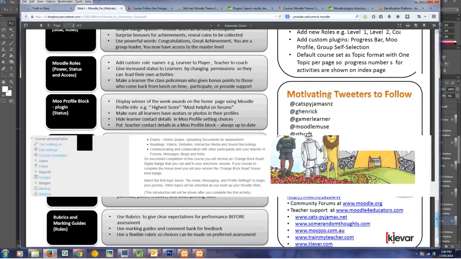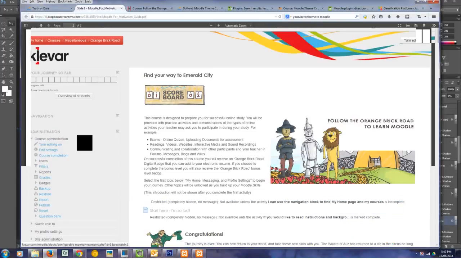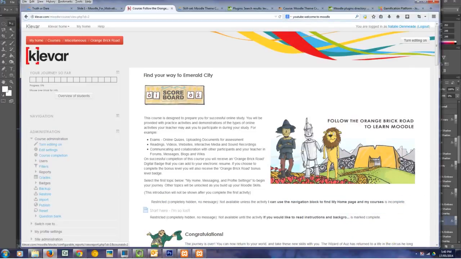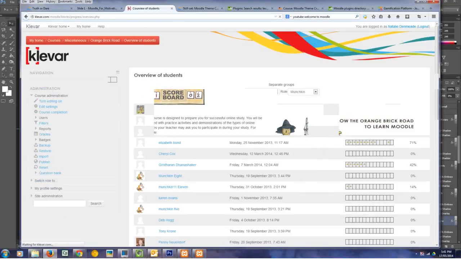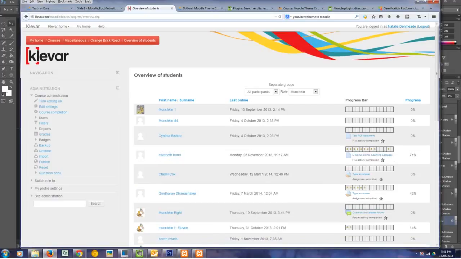I'll just switch this course here. I'm going to do this quite fast because I want to move into a discussion of it. On the left is your progress bar that I've customized to not be ugly colors, which I think makes a big difference. So the teacher has a leaderboard here that you can see all of the people who've